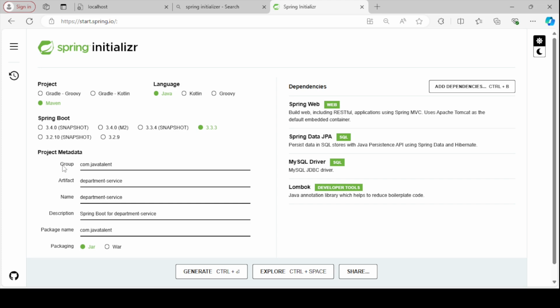You need to put in some details here, like group, which is your company name or whatever you want. I'm using com.javatalent here. Artifact is the project name, so for artifact I'm giving department-service, and the same for the name. For the description, you can give something like Spring Boot application for department service. And this is the root package,